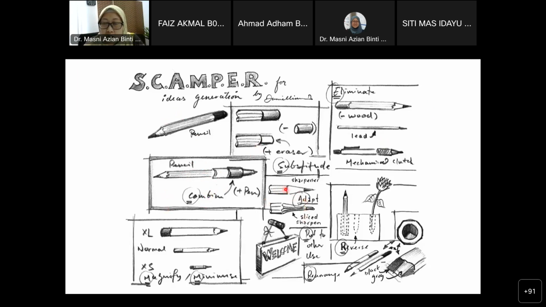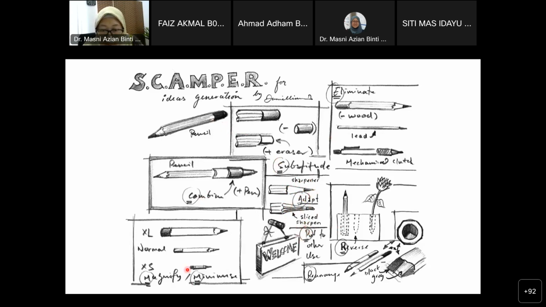Okay, so there are certain users who like to use a sharpener for a pencil. There are certain users who don't like to use a sharpener, but like to use a blade to sharpen the lead. Okay, so they adapt to different features, they adapt to different designs. So they have to make sure the wood material can be used for people who use a sharpener, and also for people who want to slice the wood using a knife or blades. All right, that is adapt. Okay, so what else? You can also consider, okay, the P is to put,